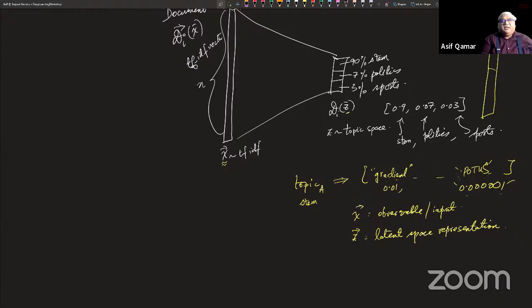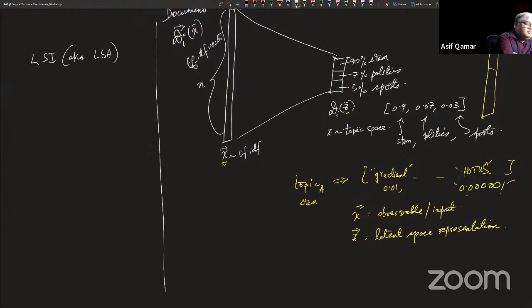All right. So we learned of a few methods. One method that we learned about was LSI, or okay, LSA. What this does is it looks at a document matrix, document 1 to document n, and then it looks at word 1 to word n. And if you really think about it, each of these is basically a TF-IDF vector. So the entire corpus